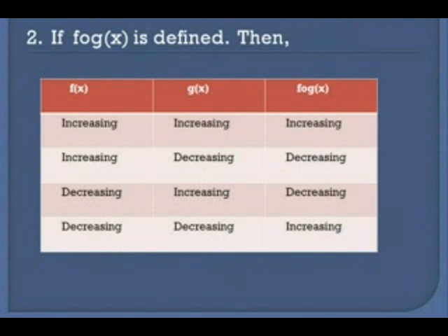The second important property is, if f of g(x), or fog(x), is defined, then if f(x) is an increasing function and g(x) is also an increasing function, then fog(x) is an increasing function. If f(x) is an increasing function and g(x) is a decreasing function, then fog(x) is a decreasing function. If f(x) is a decreasing function and g(x) is an increasing function, then fog